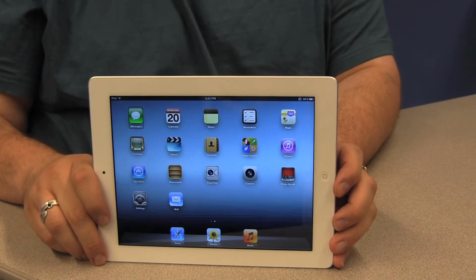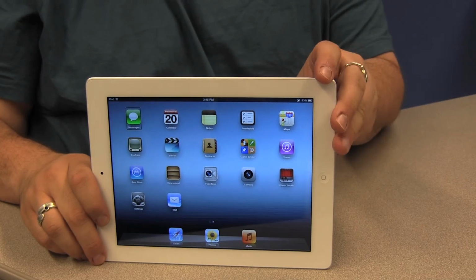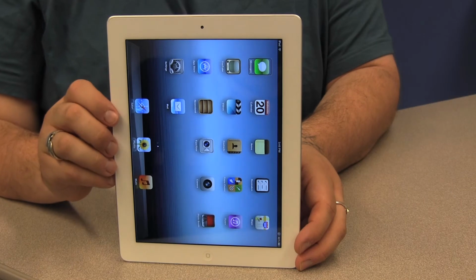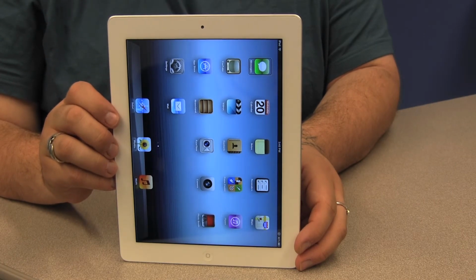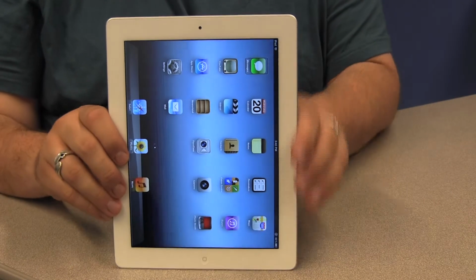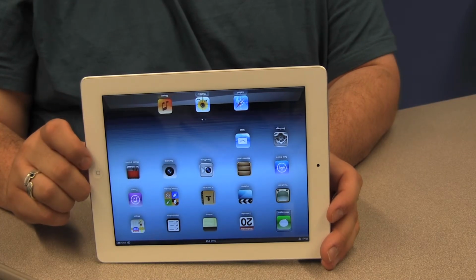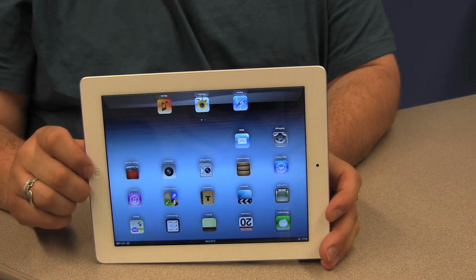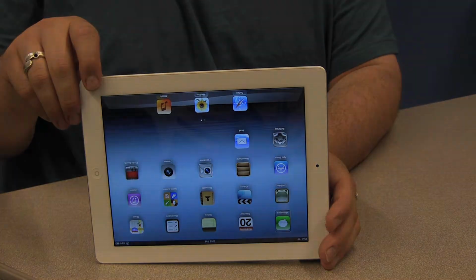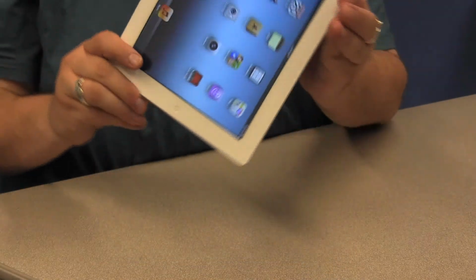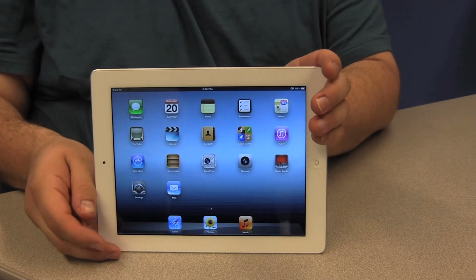If I shift the iPad to a portrait orientation, you'll see that for those of you who can see, the icons are now lying on their side. I'm going to turn it again so that the volume controls are at the bottom edge of the device. Right now you'll see that the icons are upside down for those of you who are able to see them. The correct way to hold it now is with the home key to the right and the edge with no